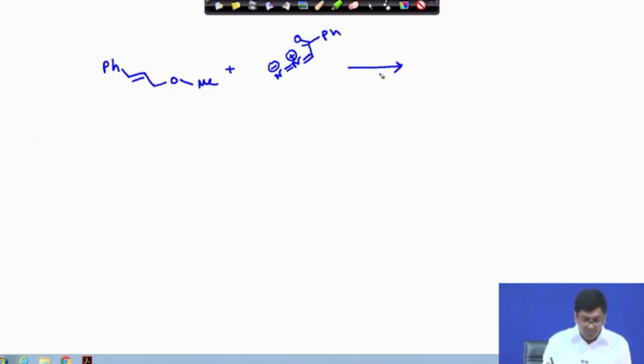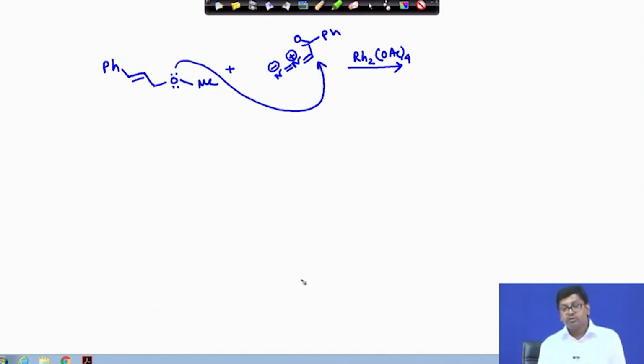Okay. So, now we have taken the rhodium 2 acetate as the catalyst, and what it will form, this oxygen lone pair here is nucleophilic enough to react with the electrophilic carbon center of the metallocarbene, after formation of this metallocarbene. So, this will generate